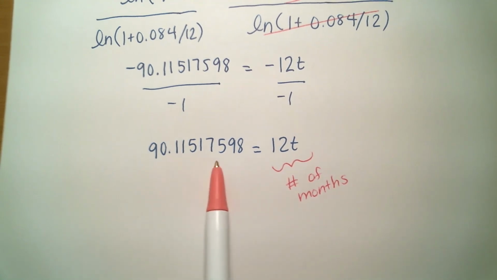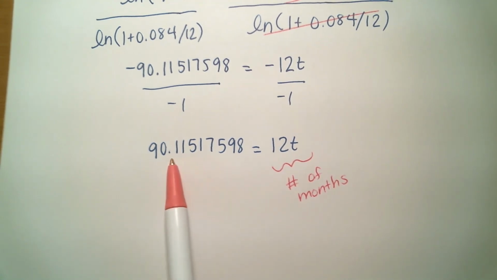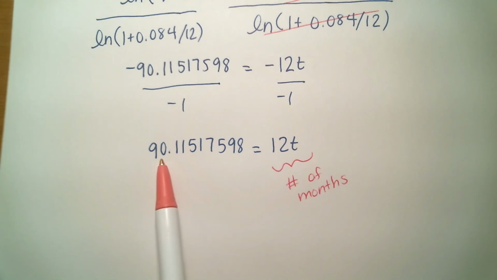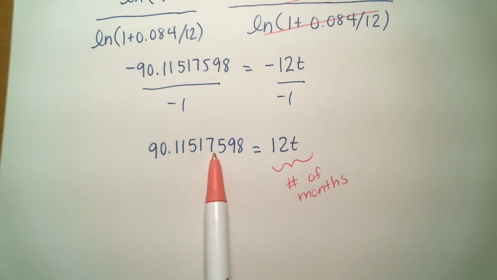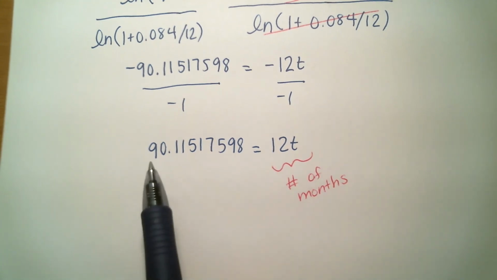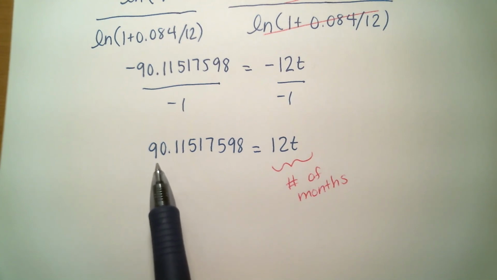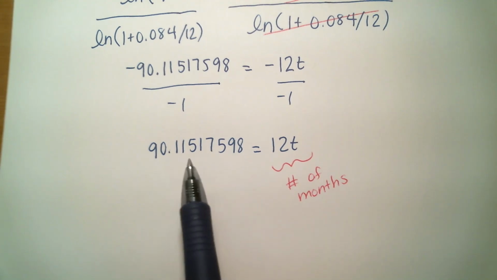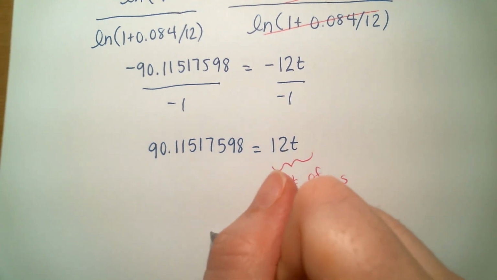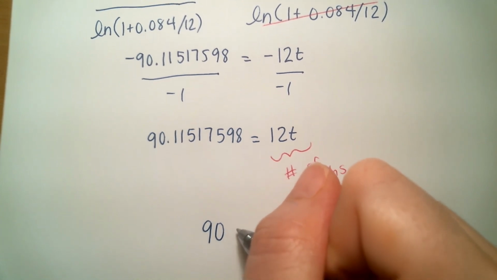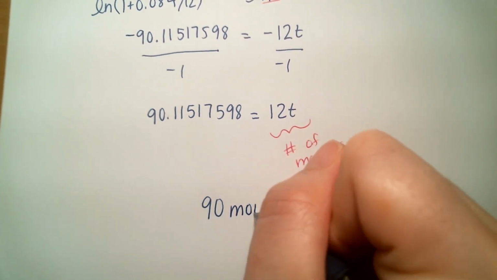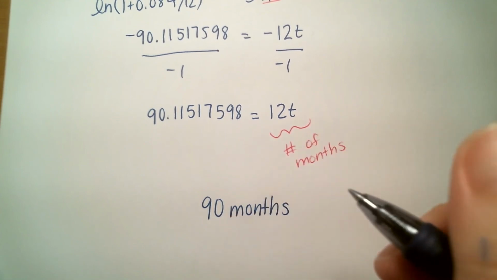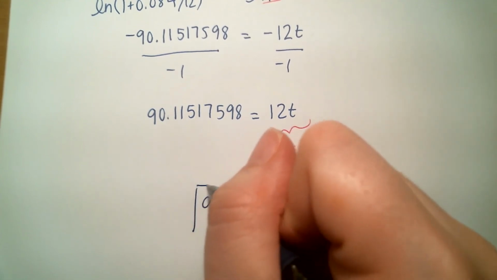Think about this. This is indicating how many months they can make withdrawals. 90 whole months. It hasn't made it over to 91 yet. So because they're withdrawing money, you have to round down. They can only withdraw money for 90 full months. It doesn't get to 91. So we're going to round down because we're withdrawing money. So the couple can withdraw the $3,000 every month for 90